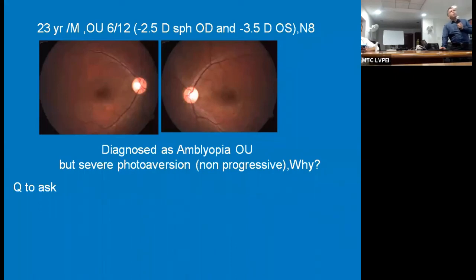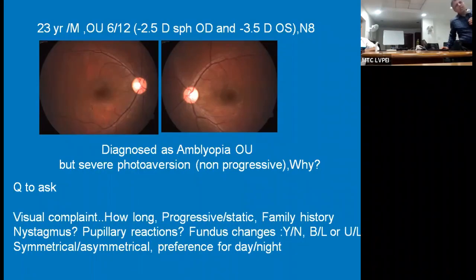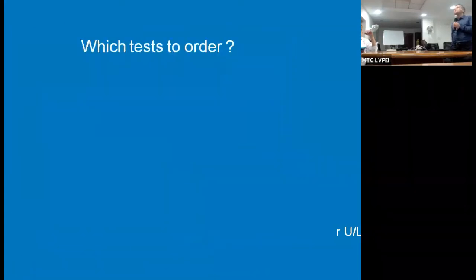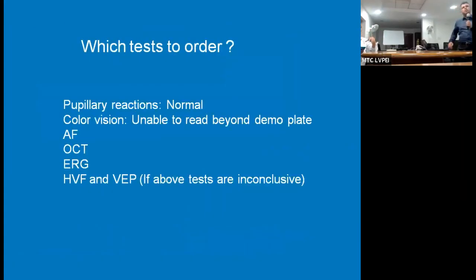But no one questioned why this guy had severe photoaversion, much more than the case that we discussed, to the extent that the moment the patient comes inside, you see that he was closing the eyes. Too much extensive photoaversion. So now why does it happen? Then our target would be next, after the quick tests like color vision, OCT, autofluorescence, the test that will clinch our diagnosis would be the ERG.